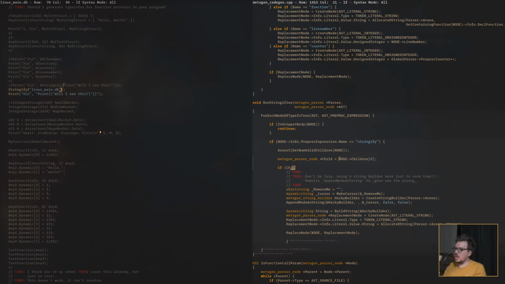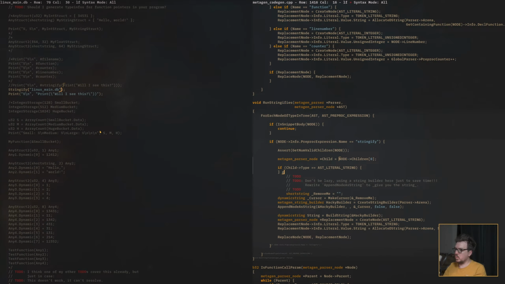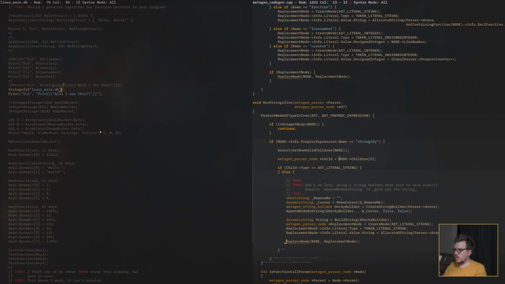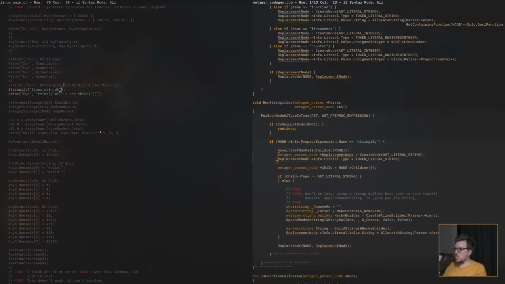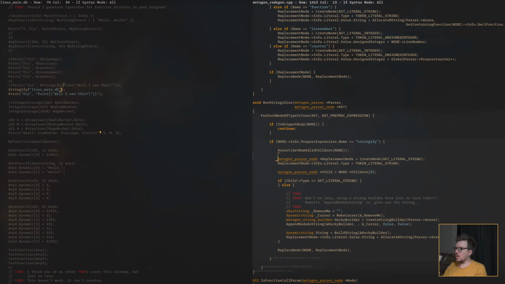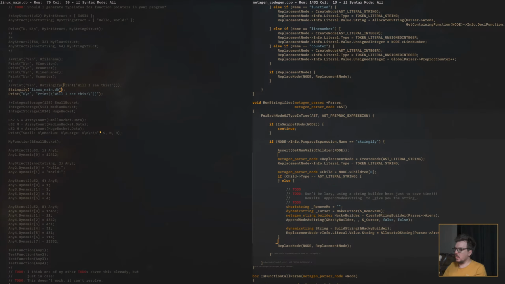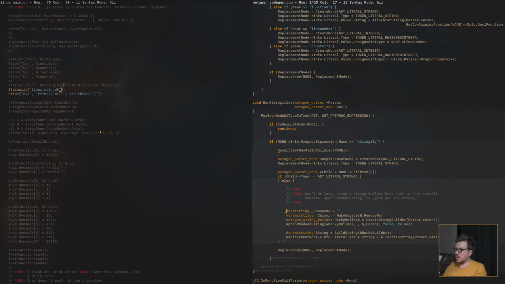So if the child's type is a string literal, we'll do one thing. Otherwise, we'll do this whole crazy nonsense. We'll create the replacement node. That's a string. Then we'll do this whole crazy thing, and then we'll replace it. So if it's not a string, we do this stupid thing that we'll come back to.